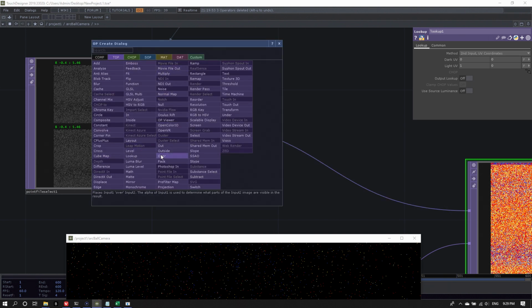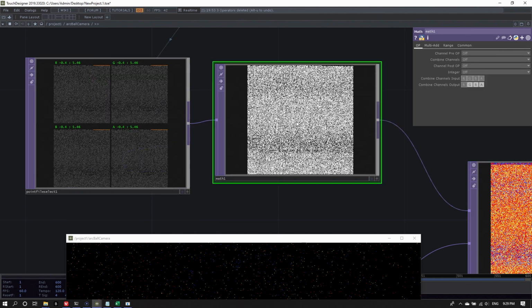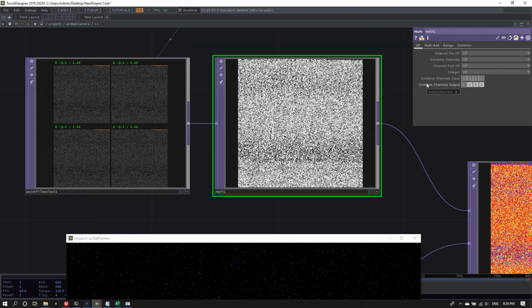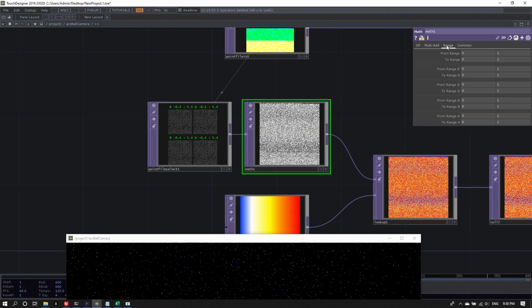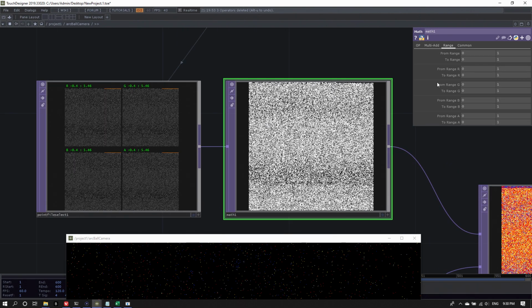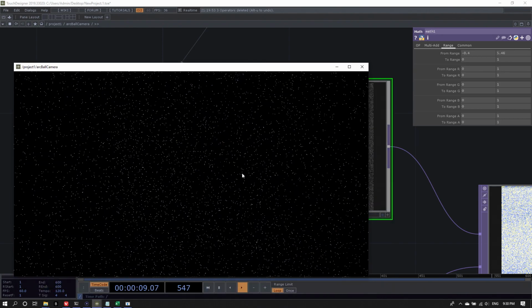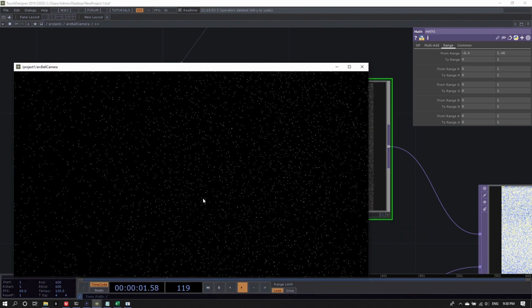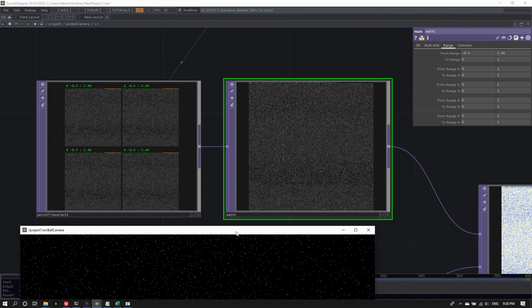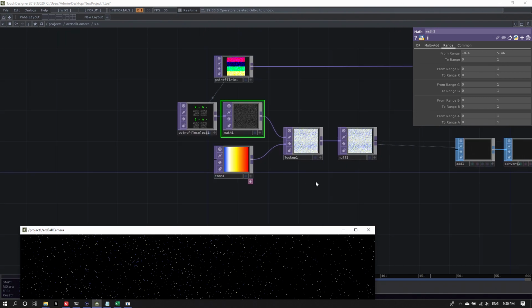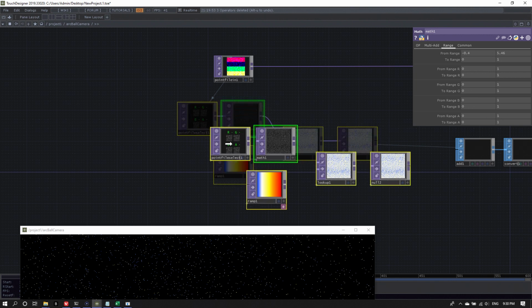And I can do this with the math top. The math top actually got quite a bit of changes as well. It's now much more like the math chop. So it also has a range parameter. And here I can just say my from range -0.4 to the to range 5.46 and convert this to 0 to 1. And this is perhaps much more natural. I've got a very white bluish sky here. You can play around with this ramp further and adjust this, or perhaps come up with a proper color index.